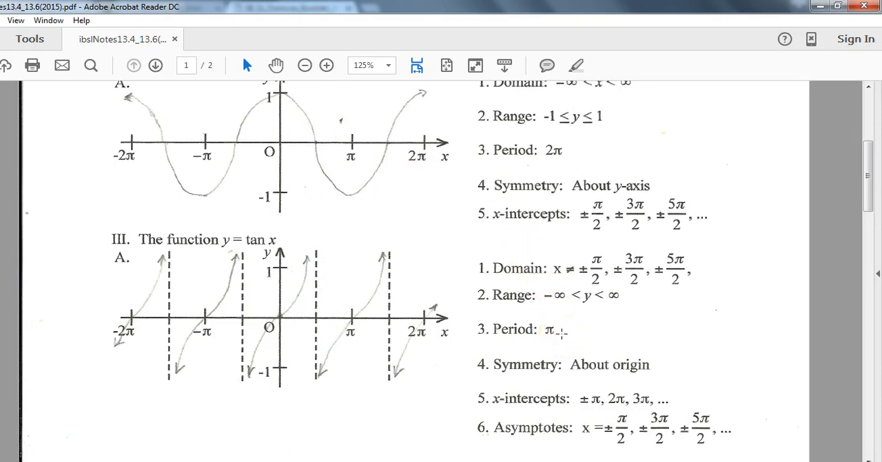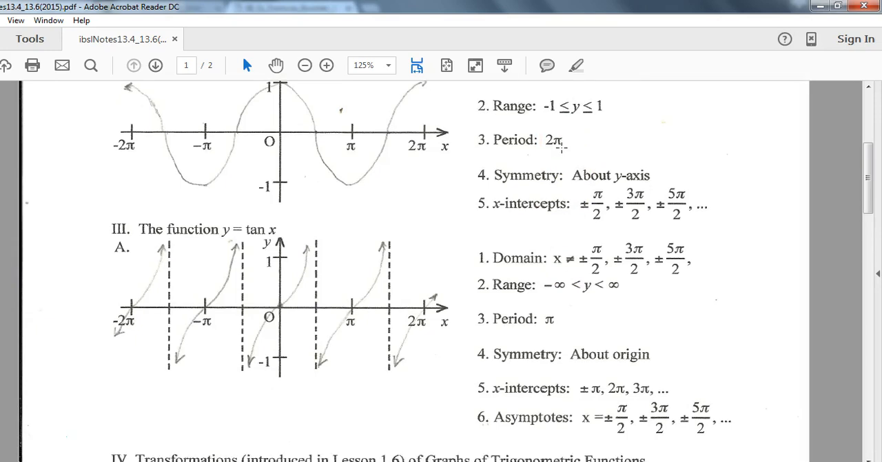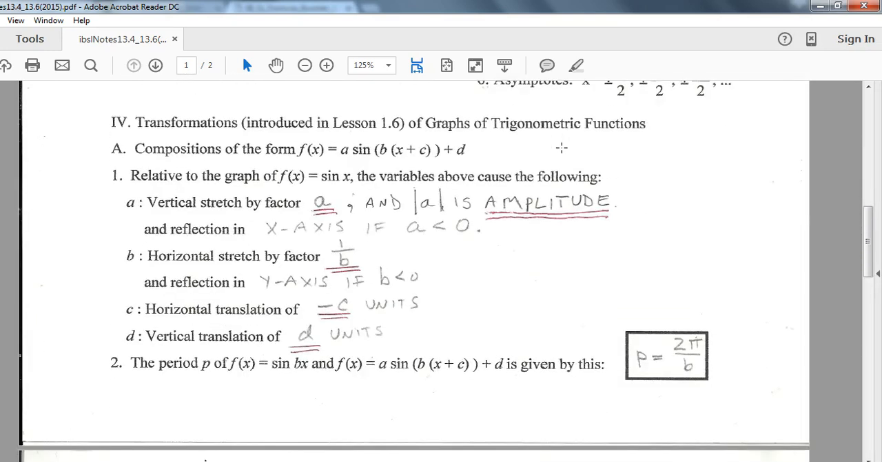Tangents are a little different. They have a period of pi instead of 2 pi. So if you're ever finding the period of a tangent function, you do pi over b, whereas for sine and cosine, you do 2 pi over b to get their periods. So there are just some reminders of a couple of ideas with transformations that we did back in chapter 1